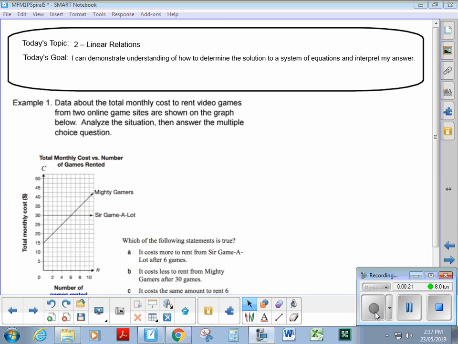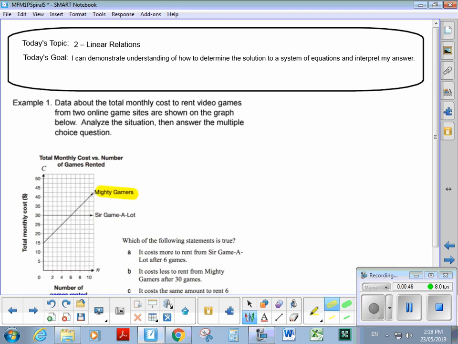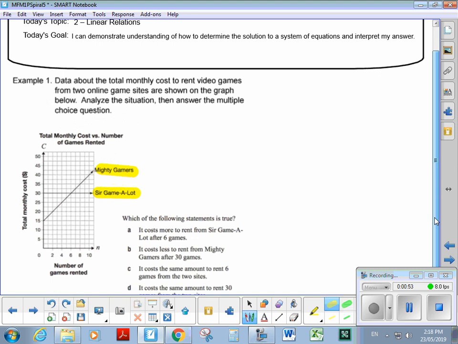So way back in the day, in the dinosaurs, when I was younger, you could actually go to the video store, which again doesn't exist, but you could rent video games for short periods of time. So taking you down memory lane here. You can go to the video game store and we have two different possibilities, two sites. Down here in the graph, we have one site, Mighty Gamers, and the other one is Sir Game a Lot. We want to use this graph to answer the given